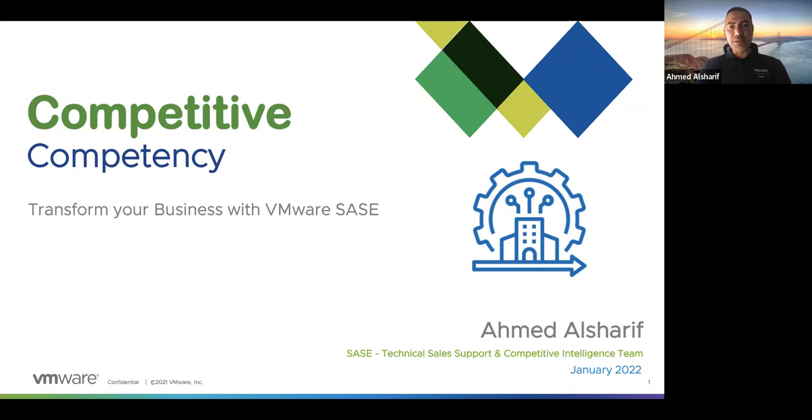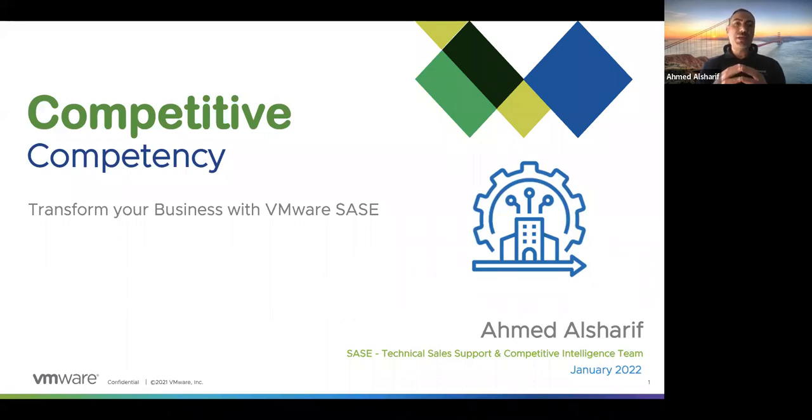Today's session is going to be about this term SASE, Secure Access Service Edge. There are a lot of words and a lot of ways to describe SASE. When SASE came out in 2019, a lot of companies started merging into SASE. Companies are coming from a network-centric perspective, and other companies are coming from security-centric backgrounds, and they are trying to provide SASE. There is a lot of misunderstanding of that term SASE, and then Gartner introduced another term called SSE, which confuses people more and more.